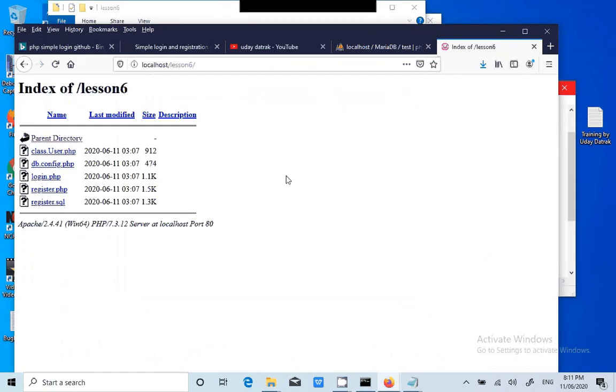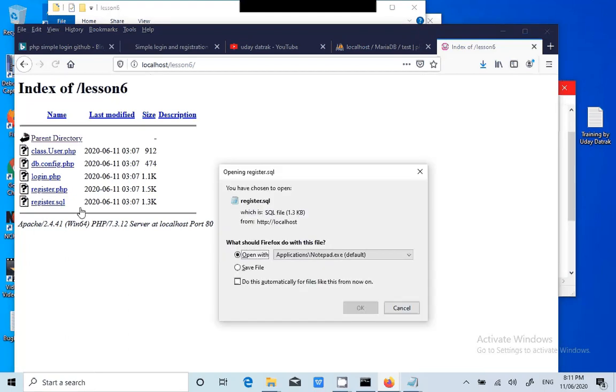So what is the next file we have to choose here? We have to always choose the registration file. In this application also, we have some register.sql. If you copy this code directly and upload it in the production environment, a hacker can understand the username and password, or else he can directly click on this file and download this.